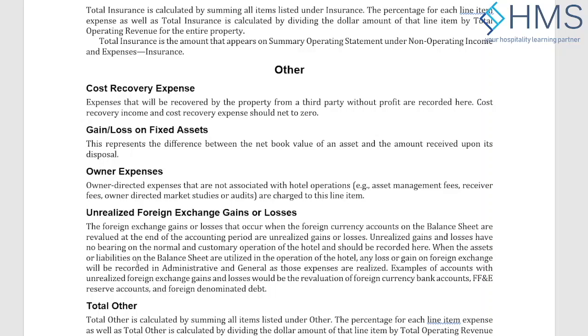Owner expenses: the asset management fee, the receiver fee, or the owner's utilization of the properties. Sometimes the owner is giving rooms for free. Up to a certain point, the operators can provide that. But if the owner is giving a lot of rooms free of cost, then the operating cost is borne by the operating expenses. So usually they will charge out a certain cost to the owner expenses. Even if the owner is imposing on the hotel operations, the cost can go into this line, even if it is paid by the hotel.